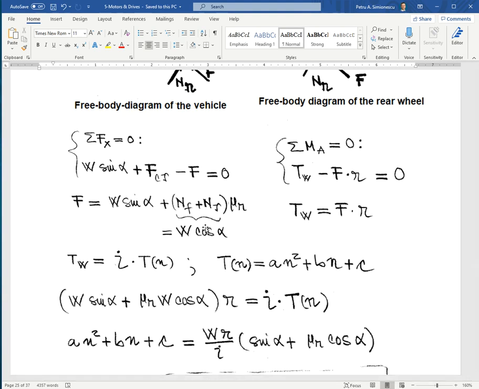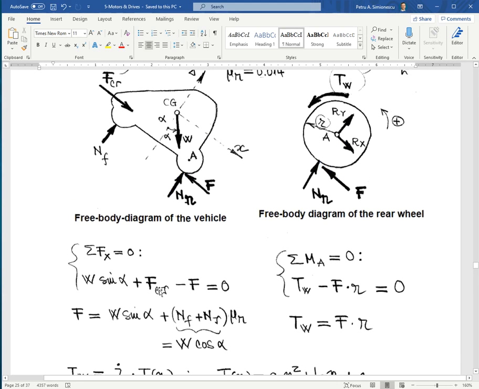Wow, such an unexpected encounter. So 4-bar linkage equation and maximum slope of a vehicle like this,